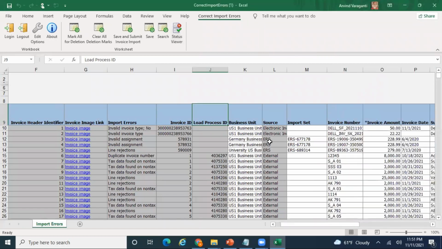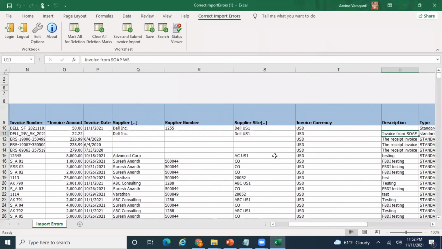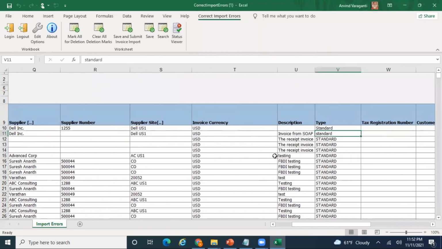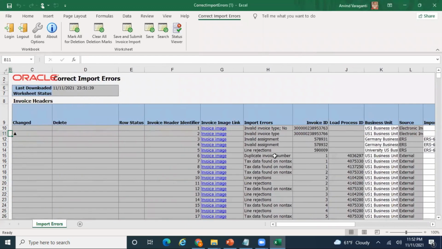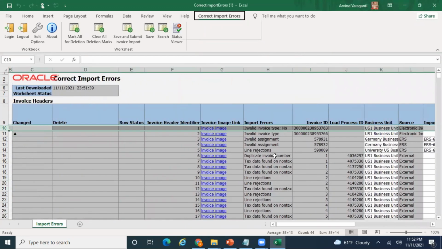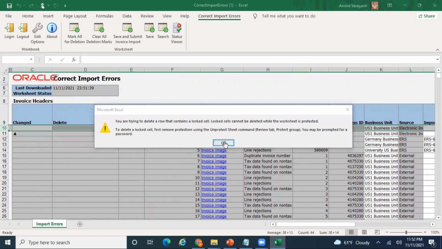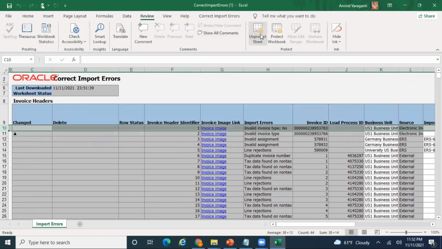So let us focus on record number 2. It says invalid. See, the type should be this. Now again, let me get rid of all other rows. Again, go to review and product sheet.